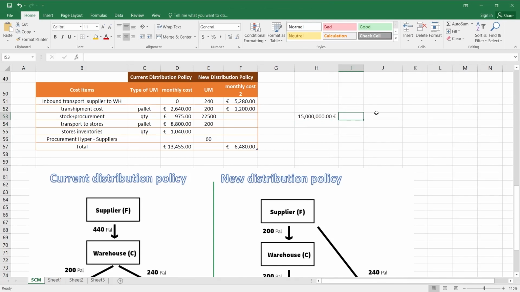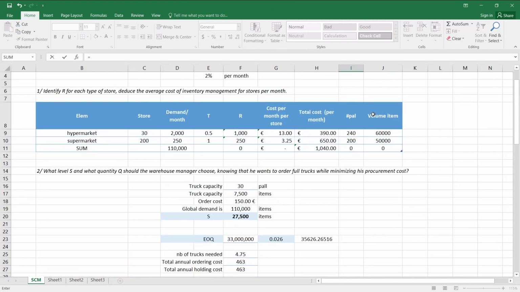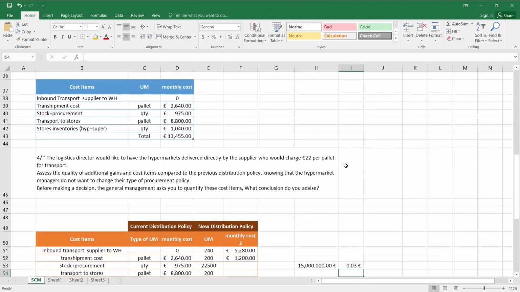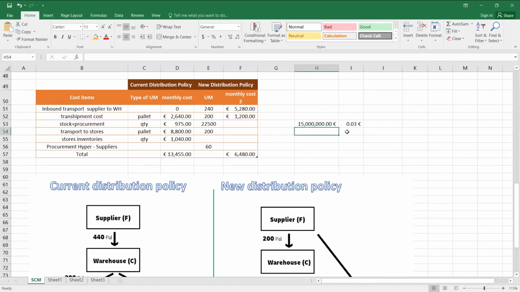For the second part of the equation, it is going to be the same. So it is basically our holding cost, and that would be 2% times the cost per unit, which is 1.30. So here let's insert the square root formula once again. Here we have the first part of the equation divided by the second part, and that will give us